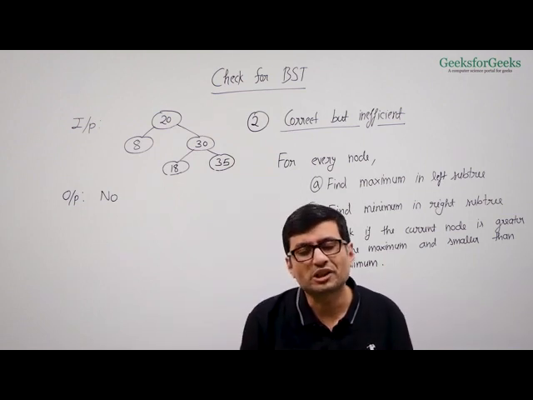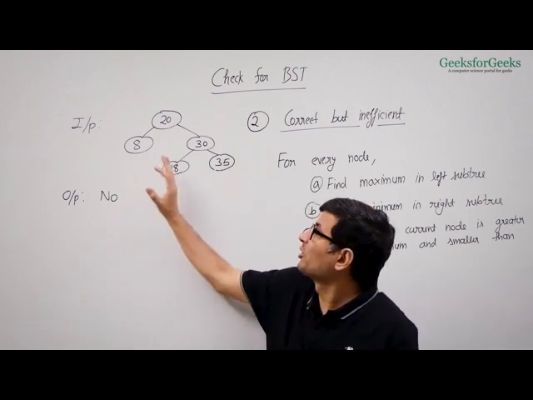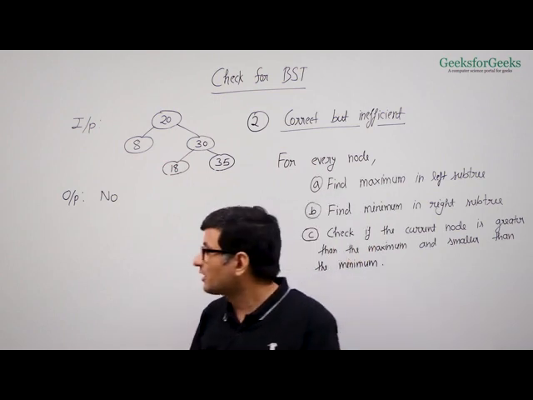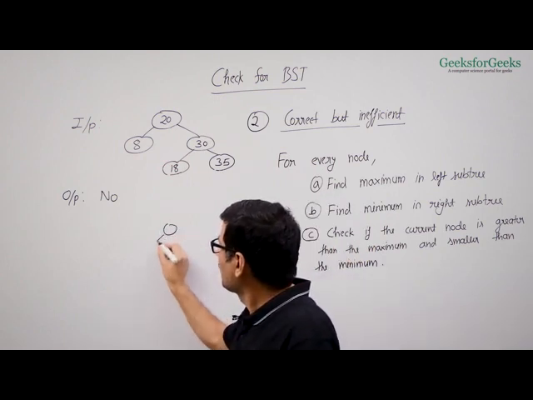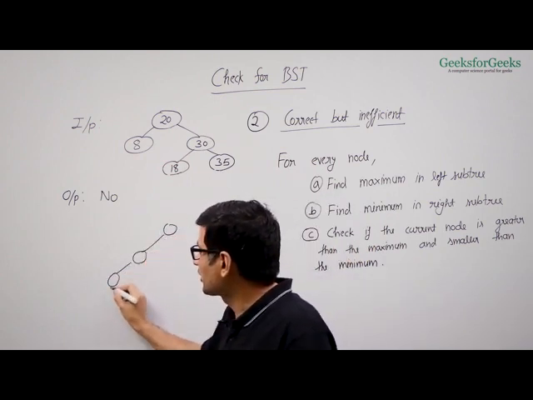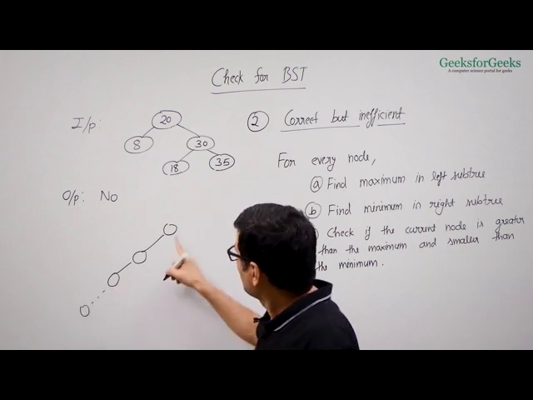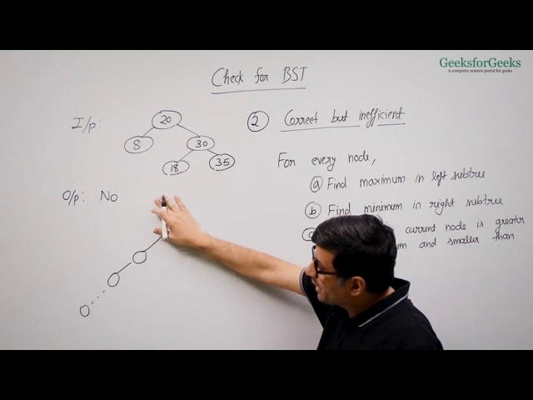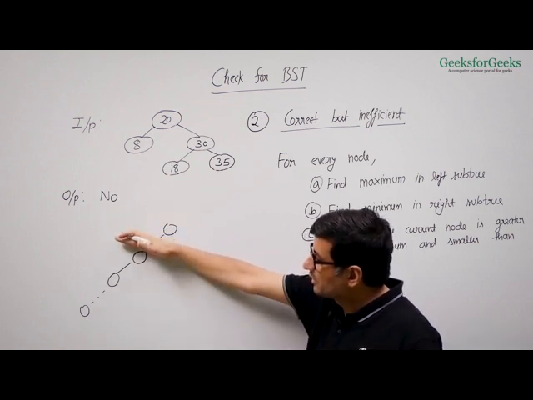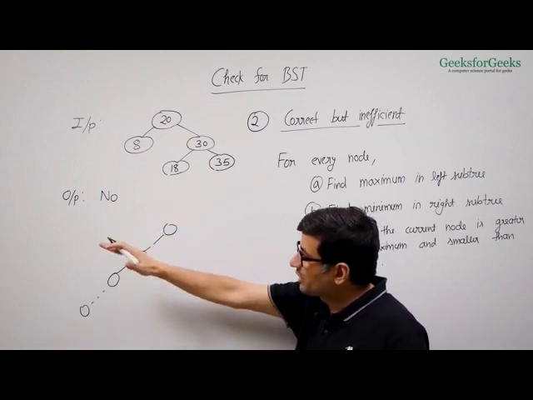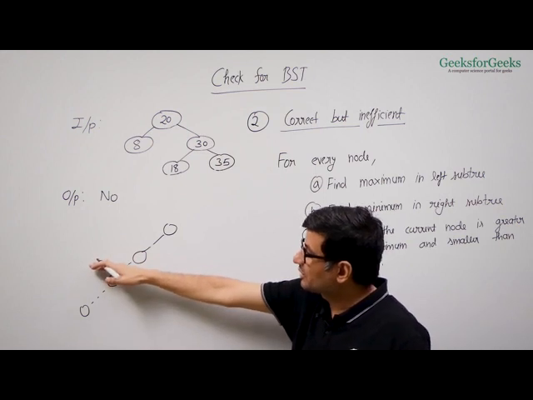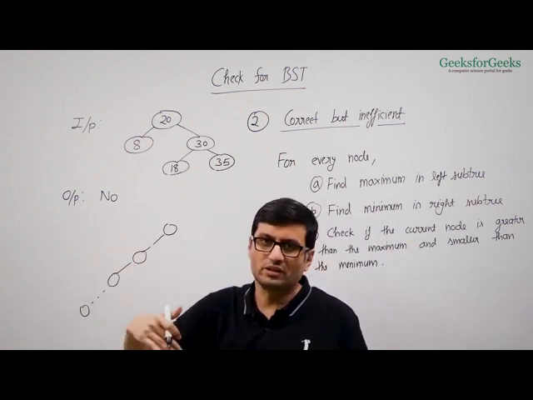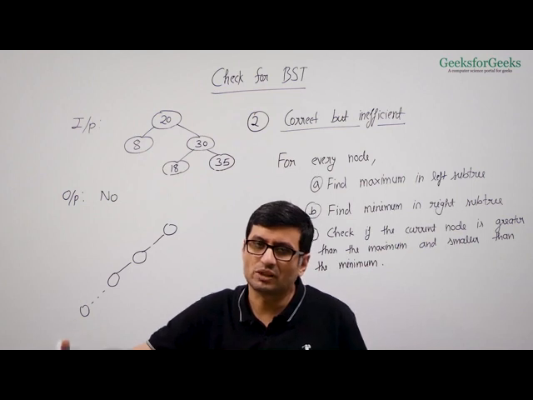What is the time complexity of this? It's clearly big O of n square. Consider a skewed tree where you have a structure like this. There are n nodes. So for this node, you are going to find the maximum in these n minus 1 nodes. For this node, you are going to find the maximum in these n minus 2 nodes. So the time complexity is going to be n minus 1 plus n minus 2 and so on,